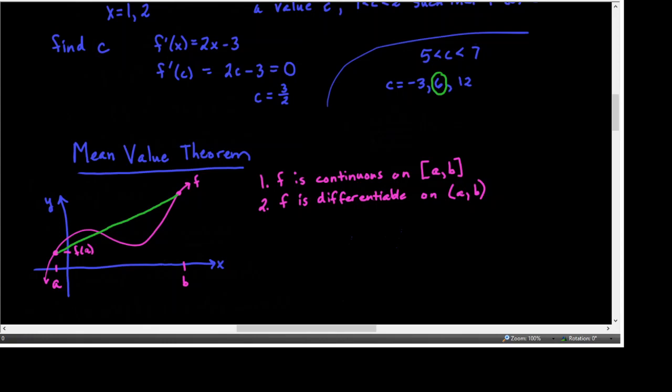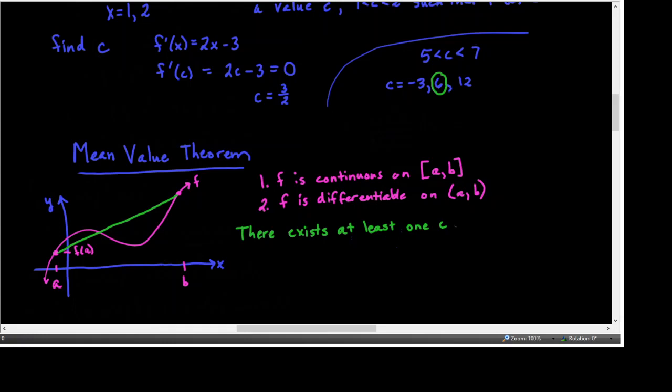And my claim is that there's going to exist at least one C. And I don't think I wrote "at least" on Rolle's theorem, but I should have. So you might want to go back and change your notes to reflect that. There exists at least one value C